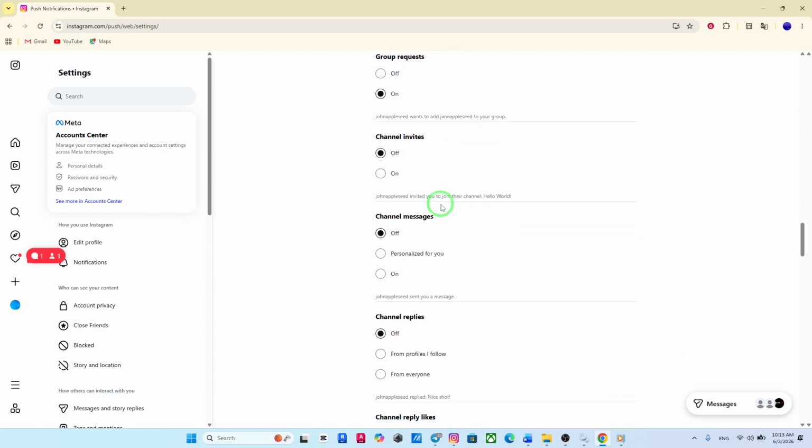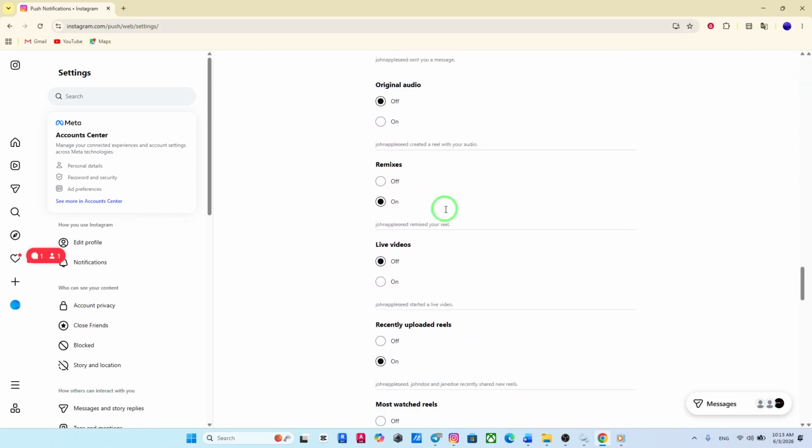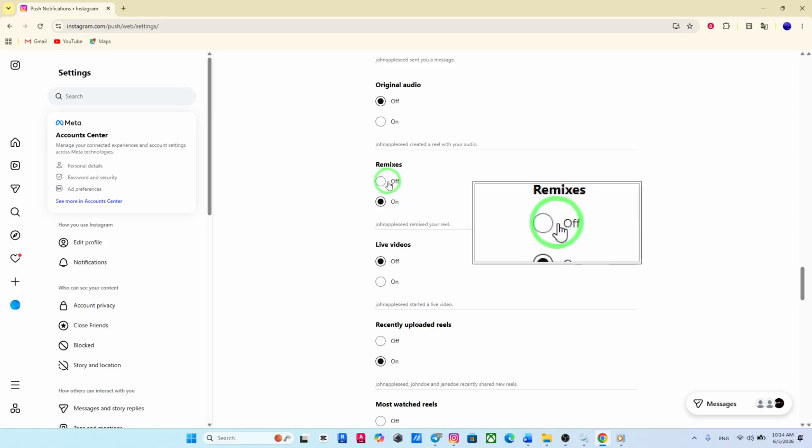Scroll down until you find the Remixes option. This is where Instagram controls notifications related to people remixing your content or engaging with remix features. Under Remixes, you'll see different options. To completely stop receiving these notifications, simply select all